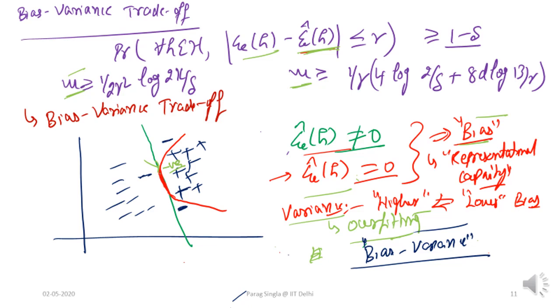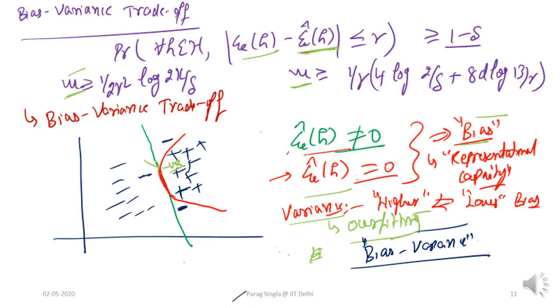Our classifiers are more susceptible to noise in the data or variations in the training data. And therefore, to be able to guarantee that what we observe on training is what we might observe on the actual distribution, when we try to generalize, we probably need more examples to be really sure that the difference between the training and the generalization error is less than gamma. So this is the intuition about variance.